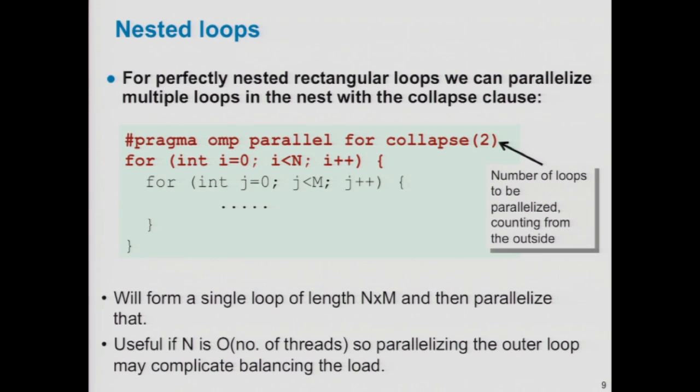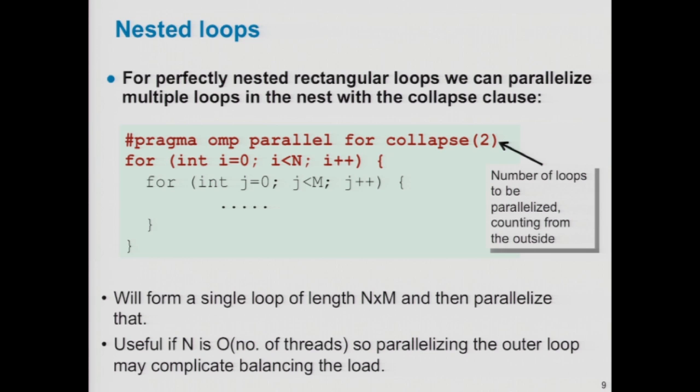It's sort of like, are you iterating over the rows, iterating over the columns, or iterating over the elements? Here, we've got the i and the j loop. Maybe n is not very big, and you have more cores than you have rows in your matrix, but you've got more columns. So there is a clause to the for which says, please do the compiler transformation you might otherwise do by hand